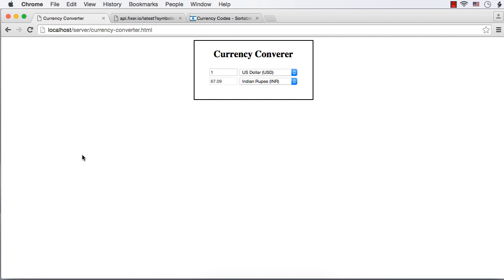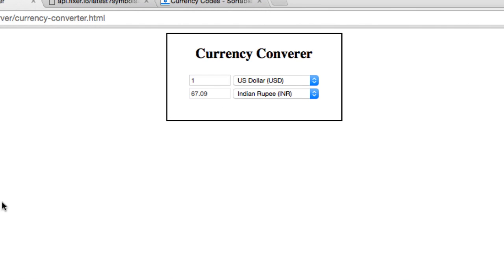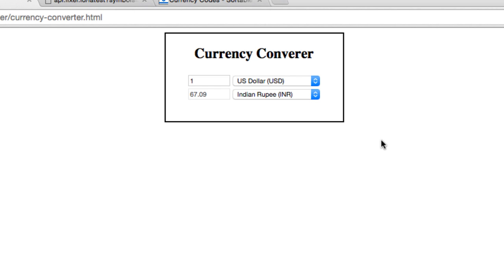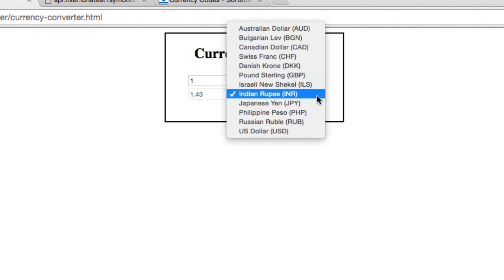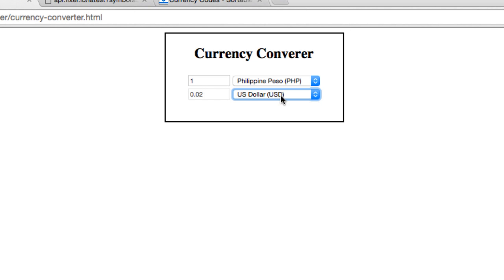We are now going to develop a currency converter application from scratch. Our currency converter application will look like this. That is, you will have two drop downs from which you can select the from currency and to currency. For example, if you want to convert between Philippine peso and United States dollar, that is USD, then you can